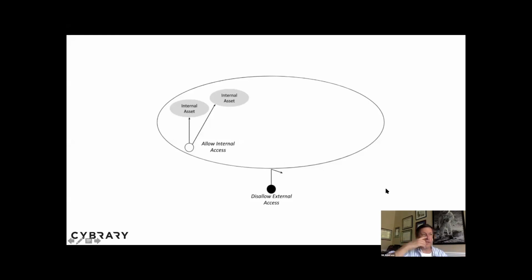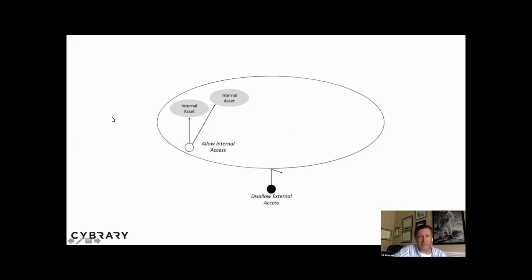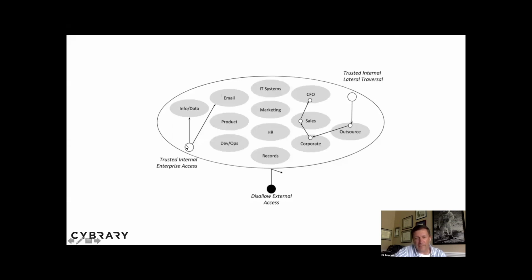You get the point, like that's a way of explaining to someone visually what zero trust is as we're on this journey to demonstrate how the perimeter has dissolved. So here's the next sort of thing. We can put some more on the inside. It's like, this is just general internal asset, but here we put some real meat on it. So here's a user, info, data, email, product, DevOps. So these are all the labeled things that you might